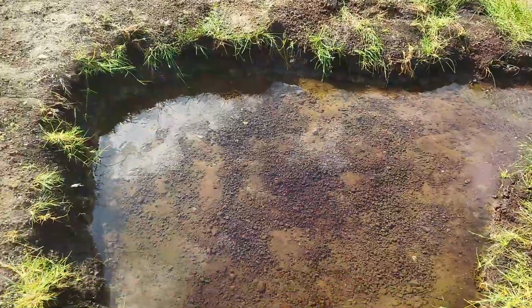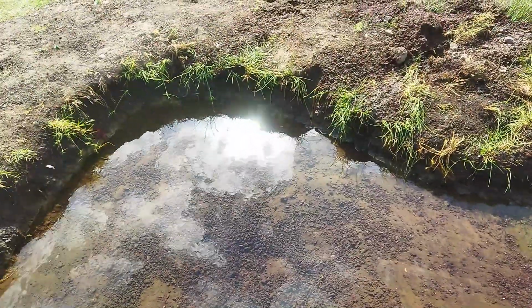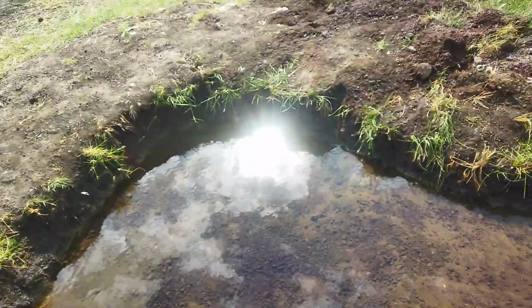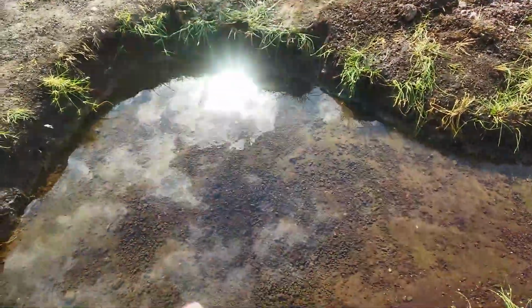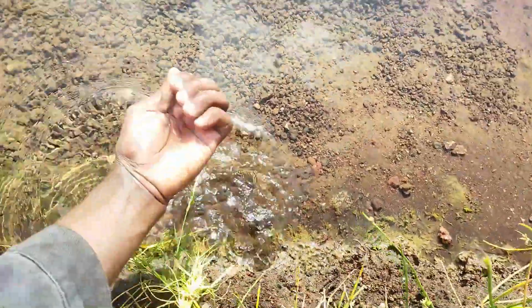Oh, this is another pool. This is another pool. There are many pools here, and I'm not sure, are these the hot springs now? I was supposed to see something bubbling from the ground. Before we came, there's a guy we found on the road, and he told us you cannot even boil eggs in this water. But there's Lake Bogoria. Lake Bogoria has got the geysers and hot springs. That's where people go and boil eggs. So the water is